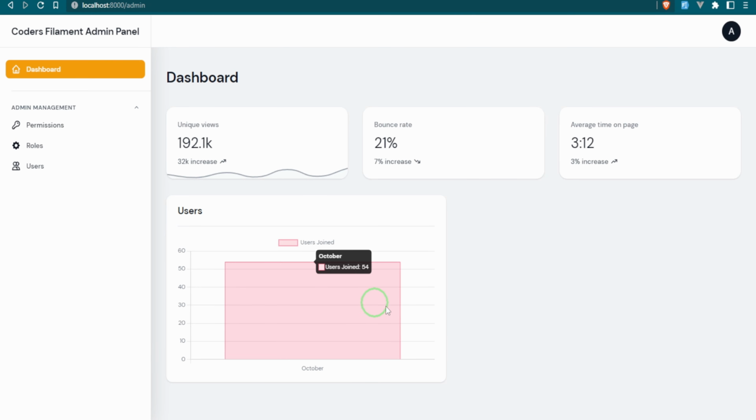So you can see now it's October. I pretty much did these in October, so that's our users. But if we had any other months, then they would display here as well. Fantastic. Okay, so now that we've done all of that, to cover some of the things that I really wanted to do with this project,